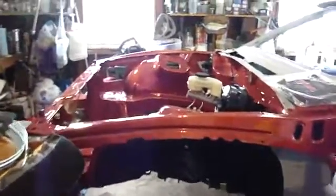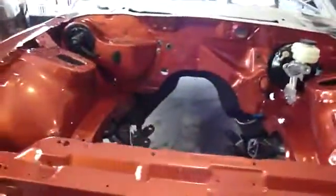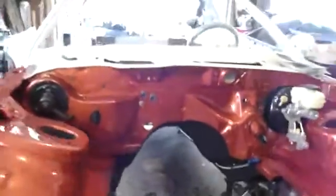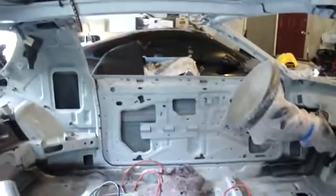Not a lot of people put money into third gens, but this car's got kind of a sentimental value to me after owning it for 8 years. Wheel wells have all been rhino lined. No corners cut on this car. And hopefully it'll be ready for the paint booth. I'm expecting in the next 2 or 3 months, and at that point can definitely start to get a good jump on the progress. I expect the whole car to be back together after paint by next spring, so